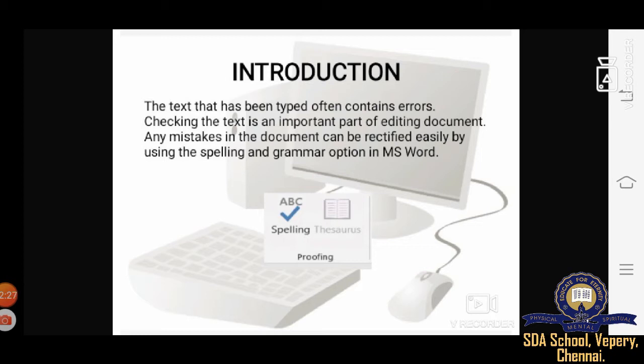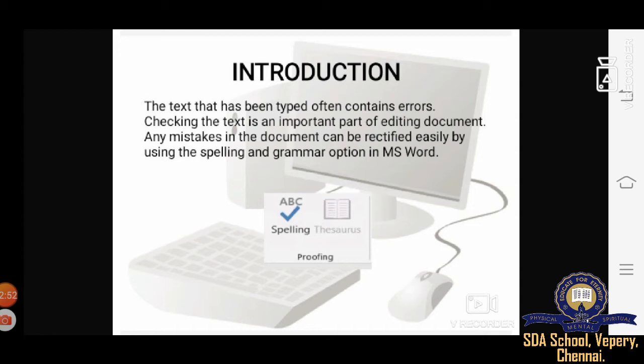Any mistakes, any red marks or green marks, or any extra space, everything we need to check and rectify before we finalize. Rectify means we need to correct the errors, whatever mistakes we have made in the document.